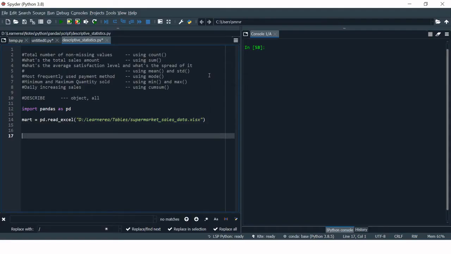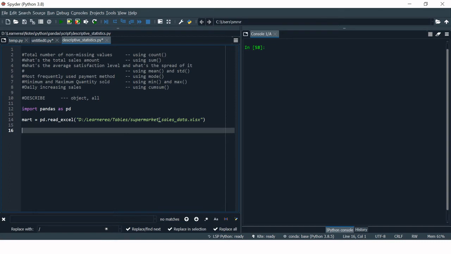So here I have imported the Supermart data which I have in XLX format, and this data I have downloaded from Kaggle. I'll be providing the link into the description section. Do not forget to check that out and download the data to use further. So like we have our data imported over here. Let's first have a look at data. How many rows and how many columns does it have?